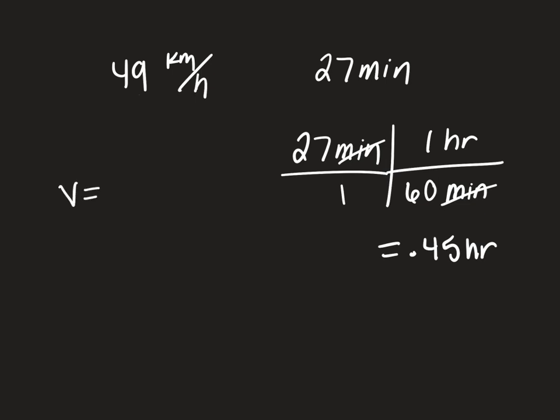So we know that velocity is distance over time. Okay, part number 3. So it would be 49 kilometers over 1 hour, and then 1,000 meters over 1 kilometer, and then 1 hour over 3,600 seconds, which gives 13.61 meters per second. And then you plug the meters per second into velocity. Velocity 13.61 equals distance over